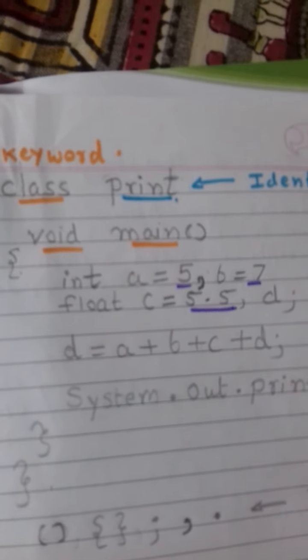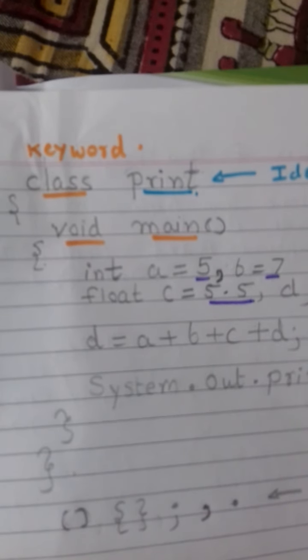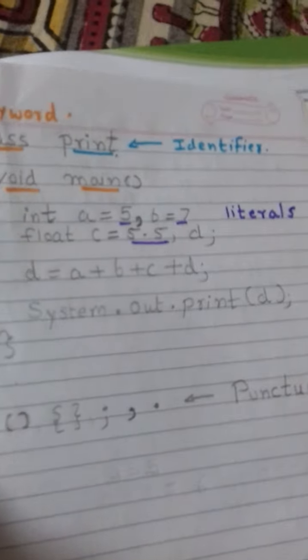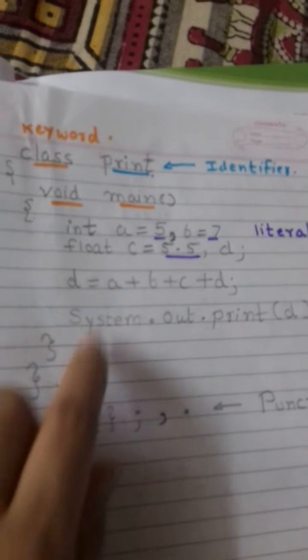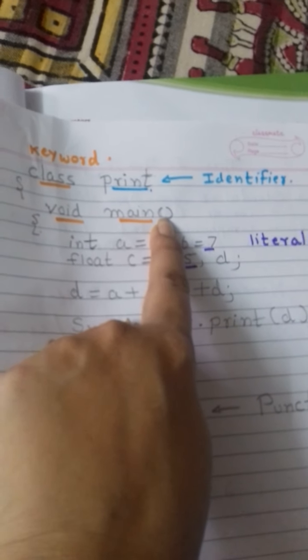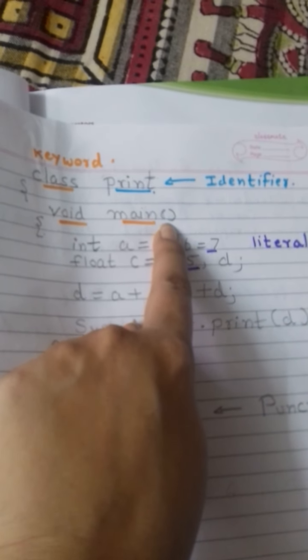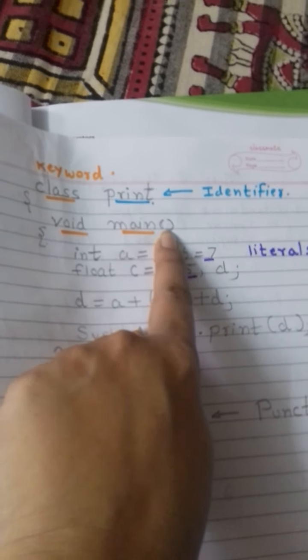Now just see this program again, a simple program of addition of 4 numbers. If you see this program, I have used some symbols here. These are the symbols which I have used in my program. Open close brackets which I have used in front of the function, that is main. Main is my method or function, whatever you say, from where I start the execution. So this was the open close bracket I have used.